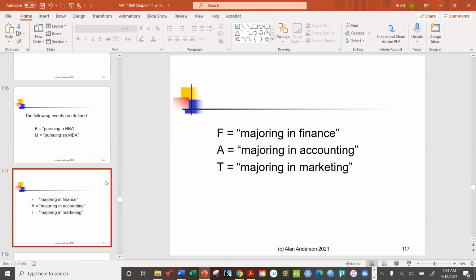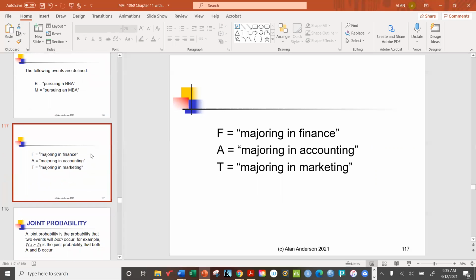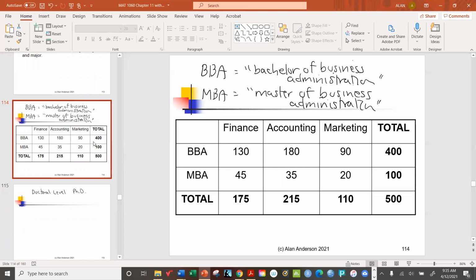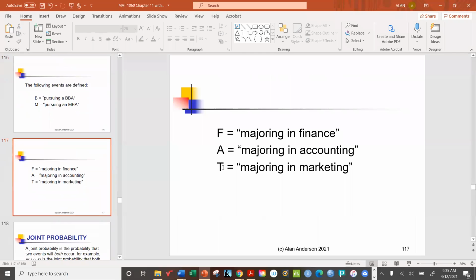So there's 5 events that could occur in this table. Bachelor's degree, master's degree, finance major, accounting major, marketing major. So all that information can be used to help us calculate probabilities. So you imagine the following situation. What if I randomly pick somebody out of this student body? Let's say the school has decided that they publish an alumni magazine every month, and they decide to randomly pick somebody from the business school for this month's cover. So what we would like to do is calculate the probability that they have one of these characteristics. So for example,